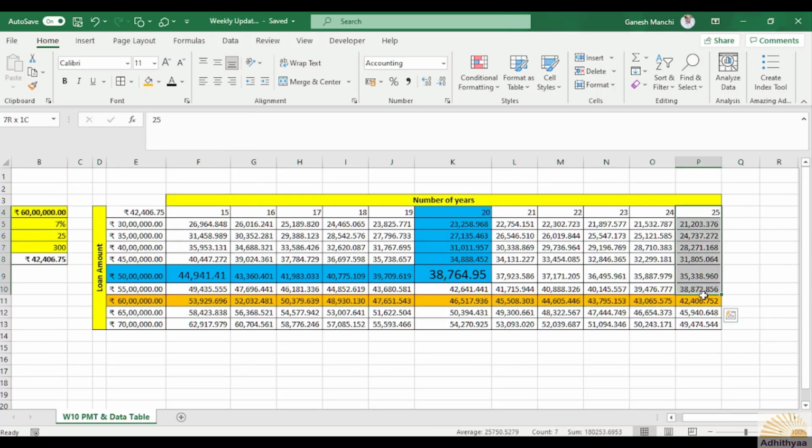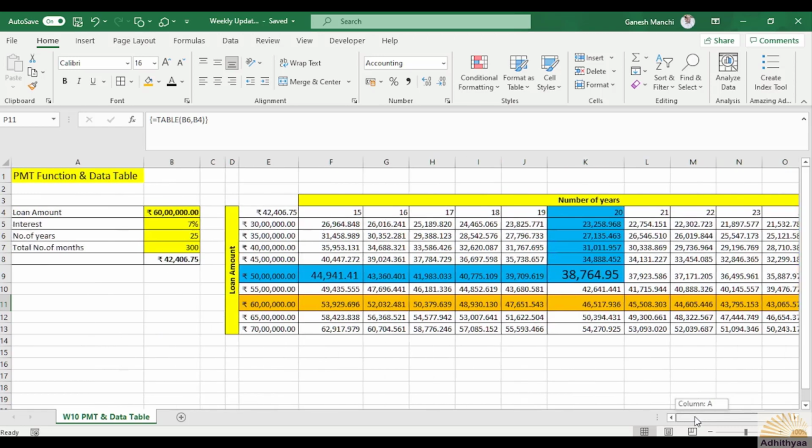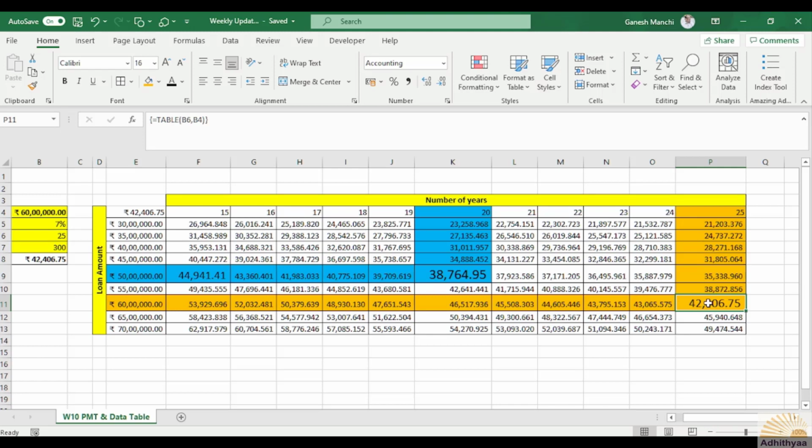And then this is 25. Perfect. Now you are able to see this. 42,406.75 is the answer.